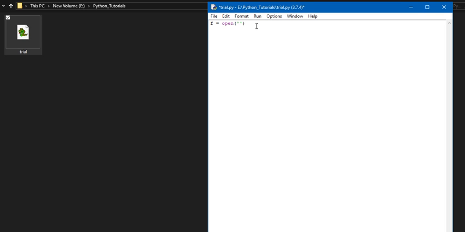Now we will create one text file. And since first we want to write the data in the file, therefore we have written W here.